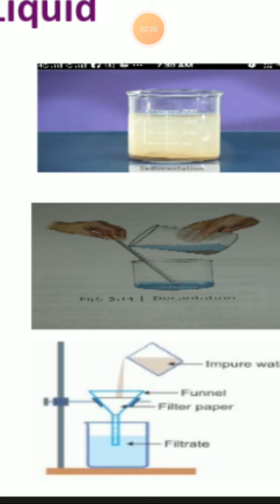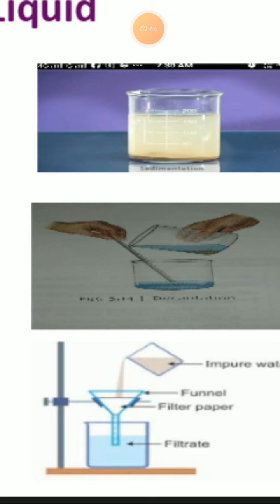So we can remove insoluble solids by three methods. First is sedimentation, in which heavier particles settle and are called sediment. Then we pour this liquid into another beaker without disturbing the sediment by using a glass rod. This is called decantation.